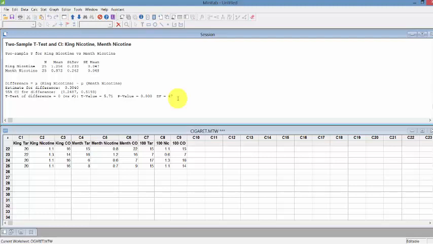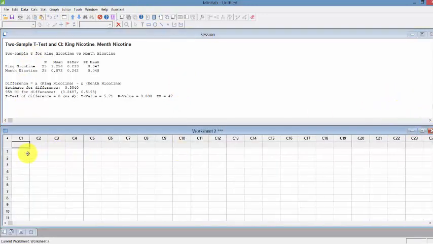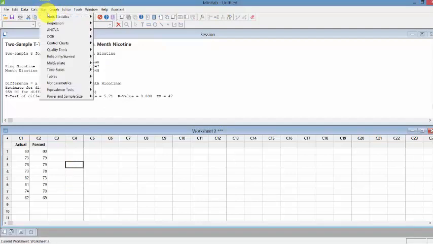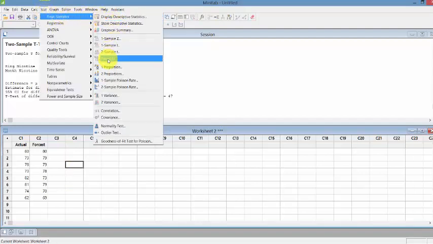And so here we're going to take a look at another example from our lecture video. And here the author had recorded actual temperatures along with the temperatures that were predicted. And here we actually just computed a confidence interval, but we're going to test the claim about whether or not they're different. So here we need to enter in our data. So now I have the data entered into Minitab, and in order to perform this test, we're going to click on Stat, Basic Statistics, and now this time we have paired data. So we want to select paired t,